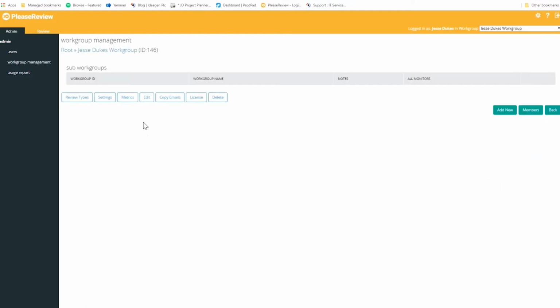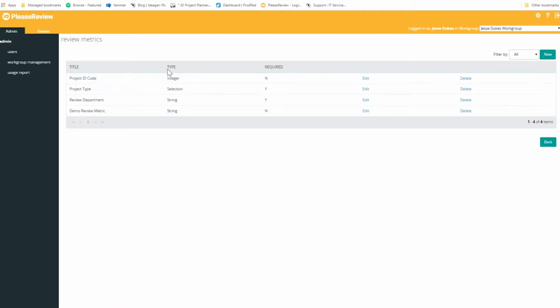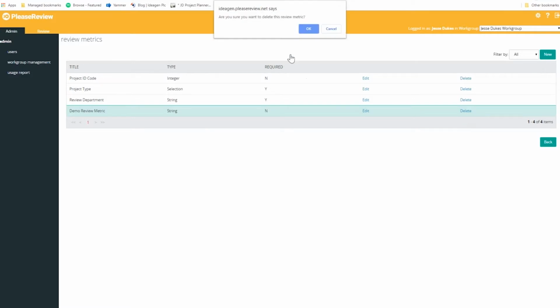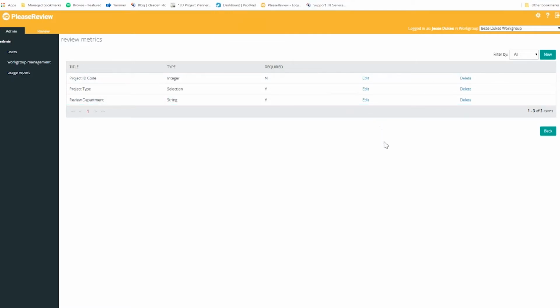Now, if I go back to this workgroup level, you'll see I have a new button here called metrics. If I hit that button, these are some metrics I set up previously. The ones you will see that were in that previous review: project ID code, project type, and project department. And another here. I'm going to delete this. If I want to delete it, it's very, very simple. Just like that, delete it. In order to add a new metric, again, very, very easy. Hit new in the top right hand corner here,